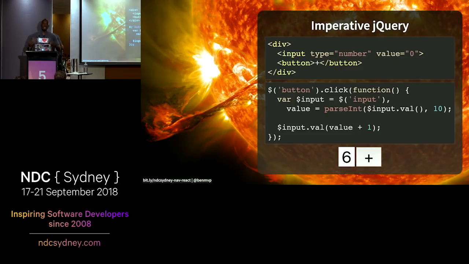Inside of it, we get a variable to the input, and then we parse the value out of that input, and then add the new value by incrementing that value. It's pretty straightforward in how that works, but as we know, as things get bigger and more complicated, this imperative style can get pretty crazy. We call it jQuery soup